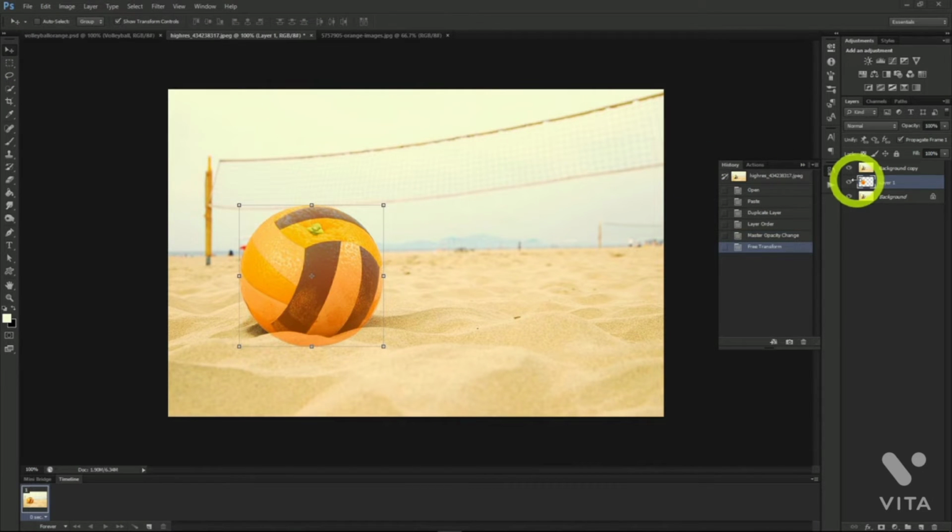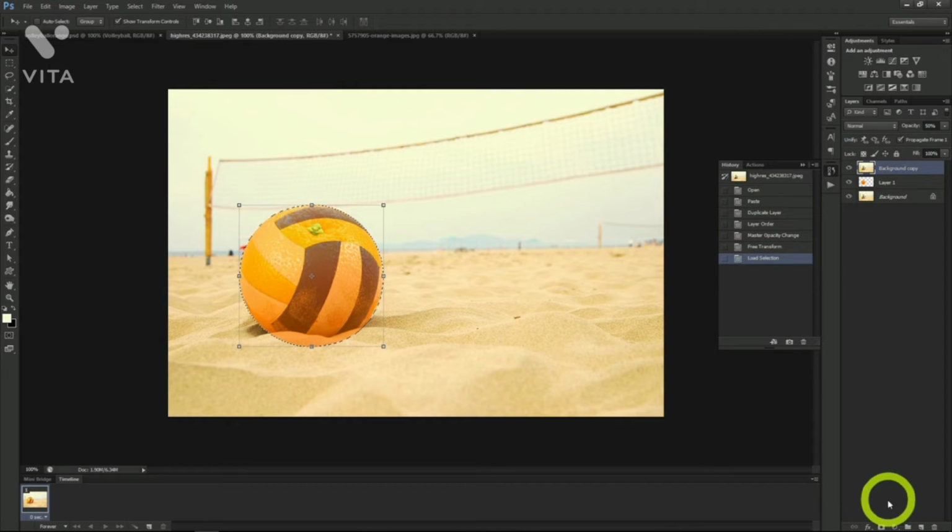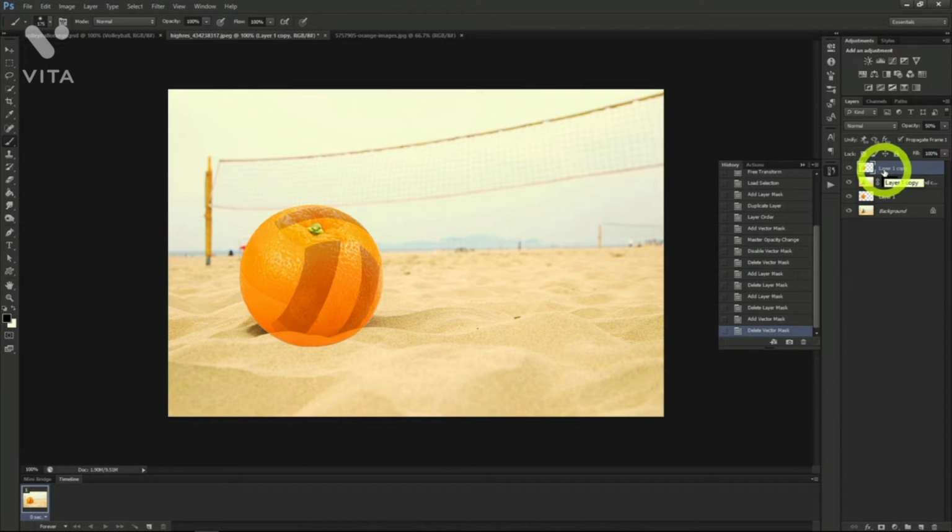Next, we'll create a layer mask by clicking on the orange. Control-click the image to select all. Then move to the volleyball layer, and click the New Mask button at the bottom. Once we have that mask, we'll make a copy of the orange layer,